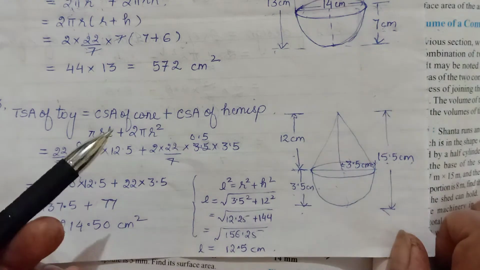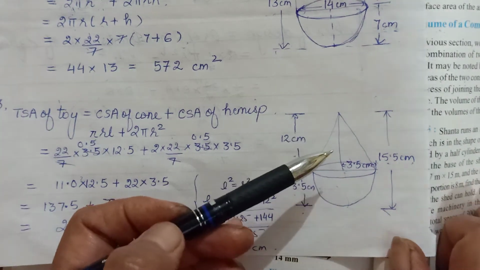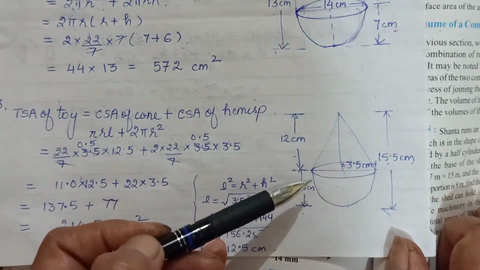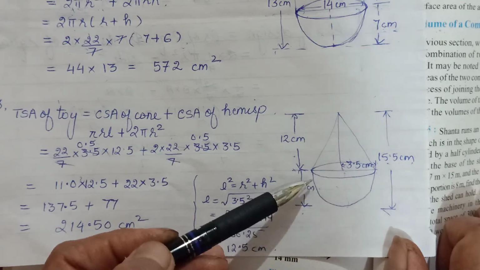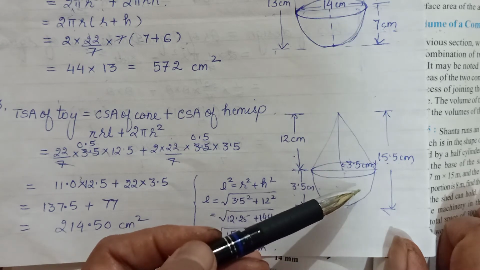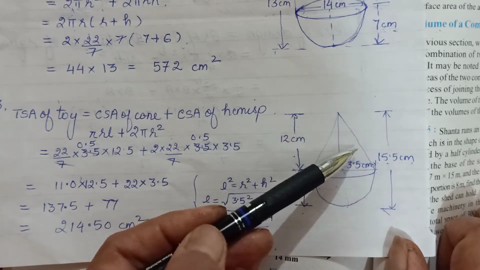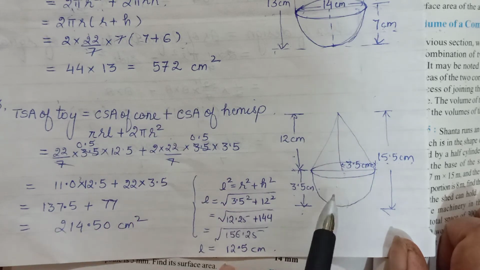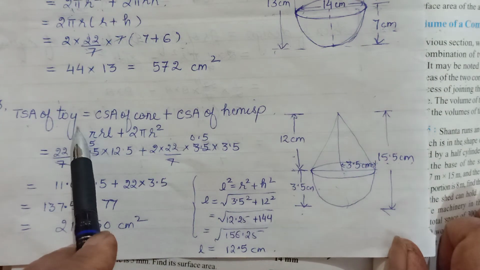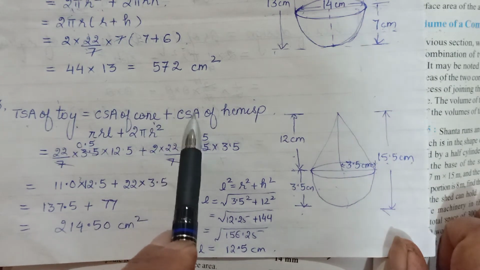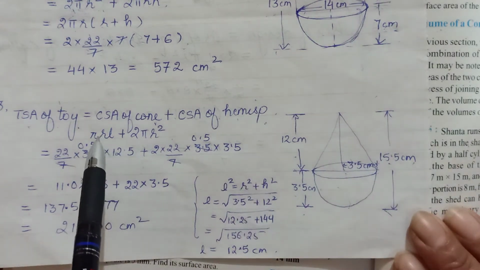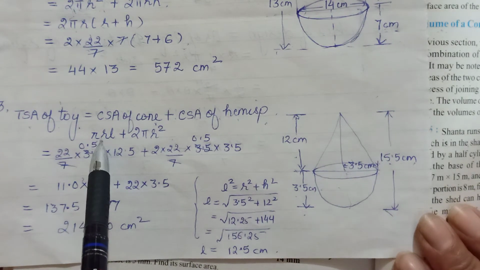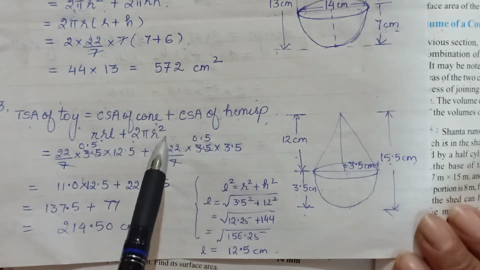So now you were supposed to find the TSA. तो TSA again total surface जो कुछ हमें दिखेगा इस टॉय में क्या दिखेगा, एक तो आपको ये curved part दिखेगा, that is CSA of hemisphere and CSA of cone. इतना पूरा दिखेगा आपको. Okay, so TSA of this toy comes out to be CSA of cone plus TSA of hemisphere. Right, now formula for TSA of cone you remember is pi r L, and hemisphere just now discussed 2 pi r square.